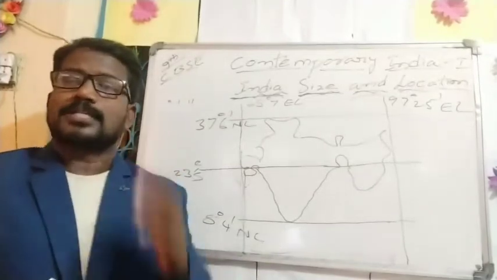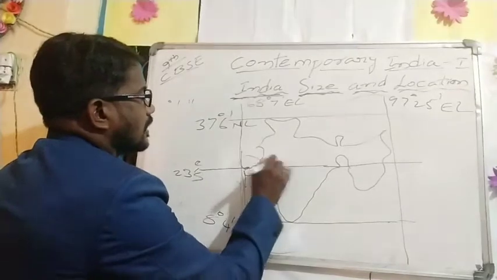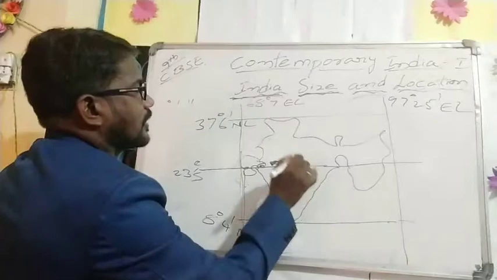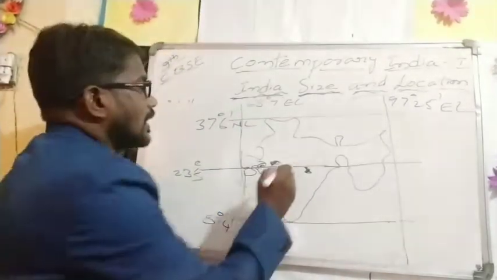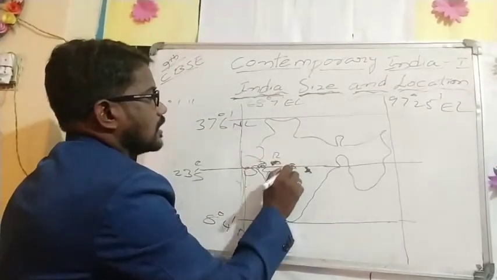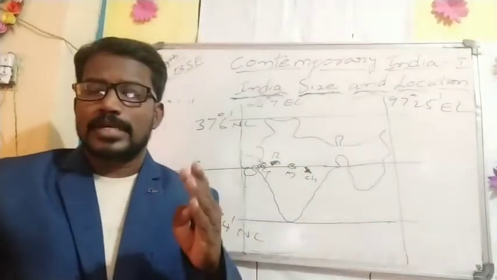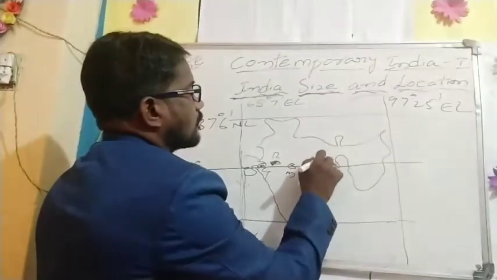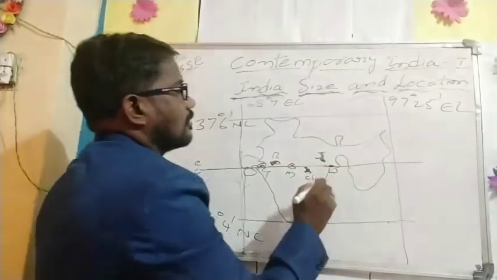How can we prove it? Then we have to prove it. First one, Rajasthan. Here we can find Rajasthan, Gujarat also. Rajasthan, Gujarat. And also here we can find Chhattisgarh. Okay, Rajasthan, Gujarat, Chhattisgarh. And also here we have Madhya Pradesh. This is Gujarat. This is Rajasthan. This is Madhya Pradesh. This is Chhattisgarh. Okay, do you understand? And the next one is Jharkhand. Here we have to identify Jharkhand because Jharkhand was divided from Bihar. And the next one is West Bengal.